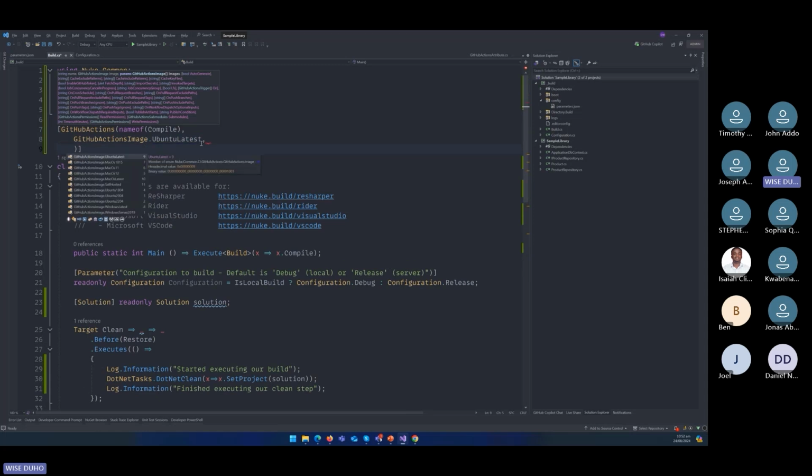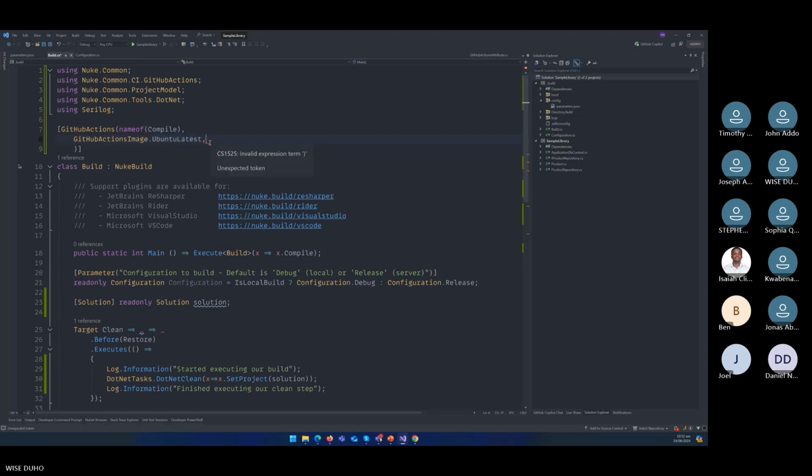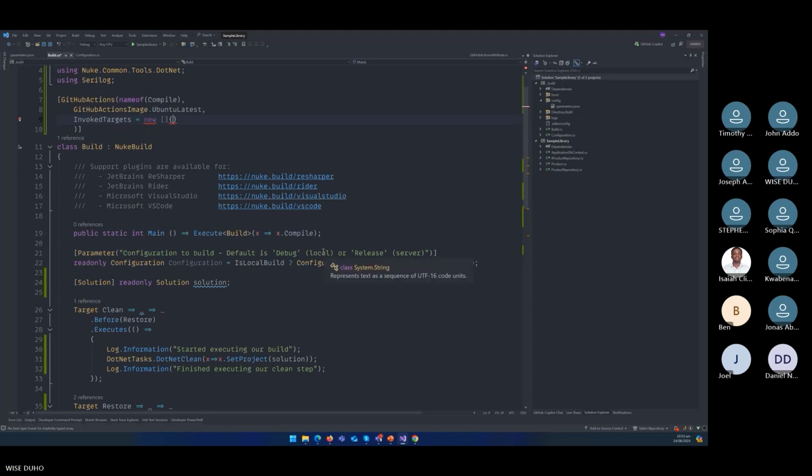We can specify that if it's about to run, it should invoke the clean target first. Of course, we can specify that here as well. And then inside here, we say name of, then we specify the name of the step that we want to invoke. If we save this and we run Nuke,